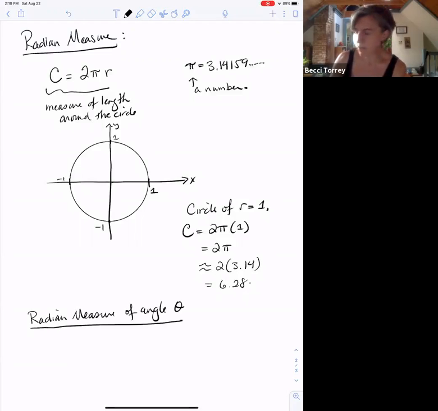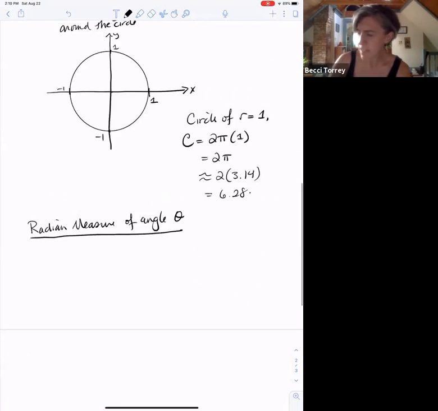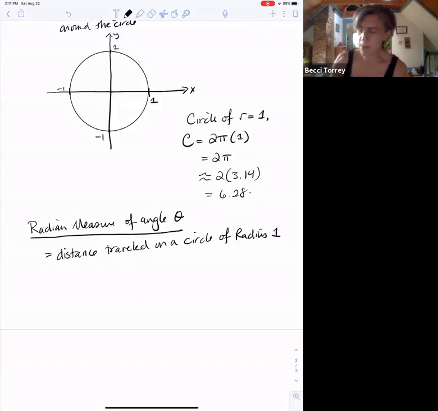So the radian measure of an angle theta is equal to the distance traveled on a circle, I'll say of radius 1. So you can change the radius of your circle, but then you have to divide by the radius for the angle. The distance traveled on a circle of radius 1 corresponding to that angle,